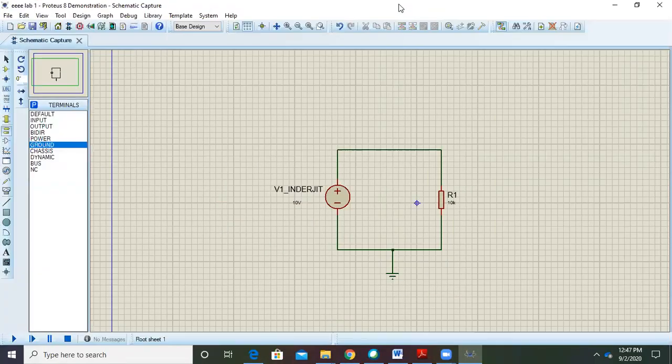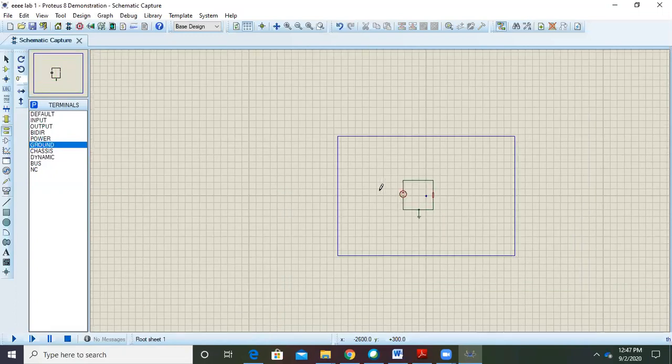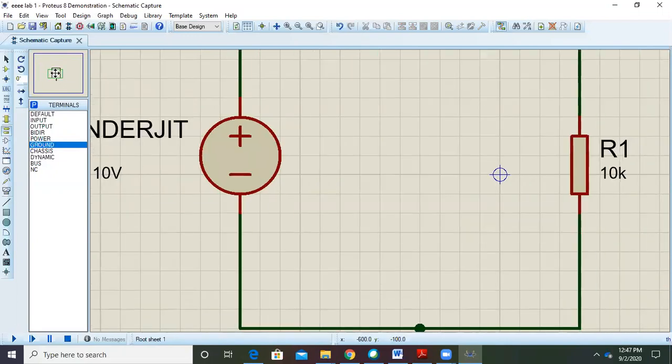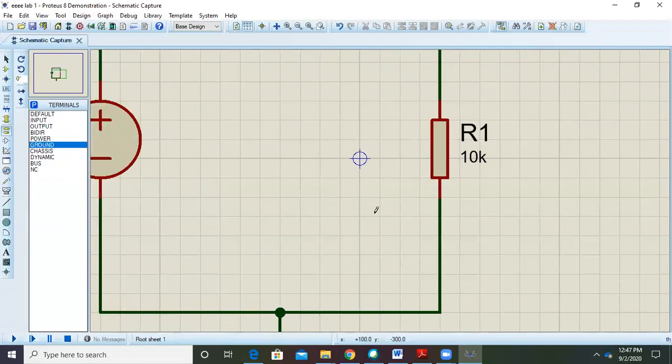Now, sometimes my circuit might look very, very small or very big. You see this green area over here, this is my working space. If this circuit gets away from my screen, I can get it back from here.